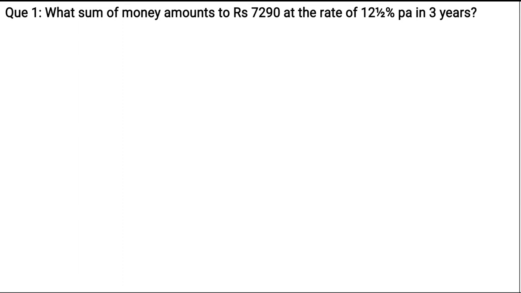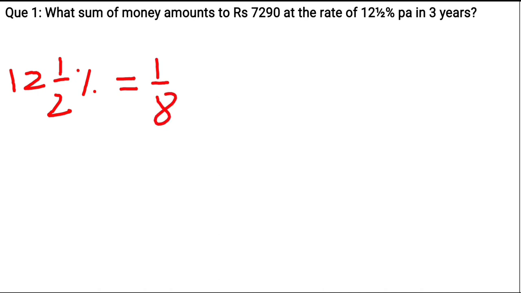Now let's start solving this question. The very first thing we write is the rate, and the rate is 12.5%, which is equal to 1 upon 8. Now what does this mean? This is very important here, so focus. 8 is the money you deposited, 1 is the interest you receive, and 8 plus 1, 9, is the amount you receive after the duration. So if you deposit 8 rupees, you get 1 rupee interest, and now you are getting 9 rupees as amount.